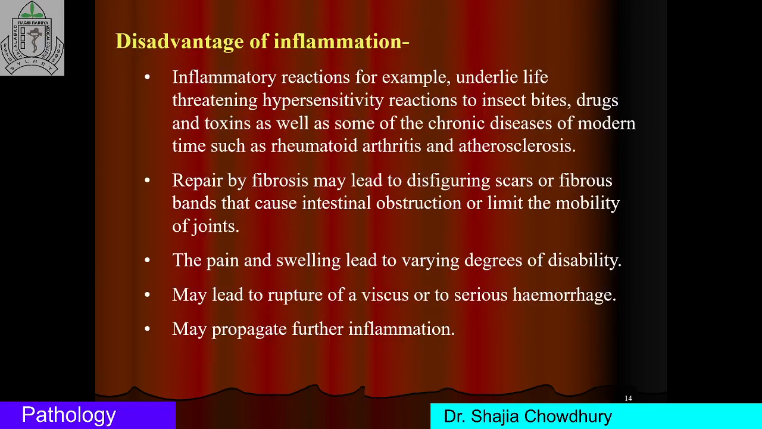Now, what are the disadvantages of inflammation? There are various types of disadvantages. The first disadvantage is inflammatory reactions, for example, underlying life-threatening hypersensitivity reactions to insect bites, drugs, and toxins, as well as some chronic diseases of modern times such as rheumatoid arthritis and atherosclerosis. So the first disadvantage is life-threatening hypersensitivity reactions. The second disadvantage is repair by fibrosis in the healing process, which may lead to disfiguring scars or fibrous